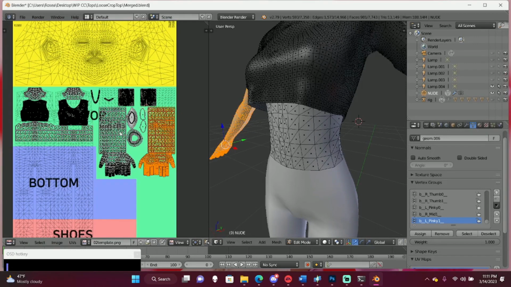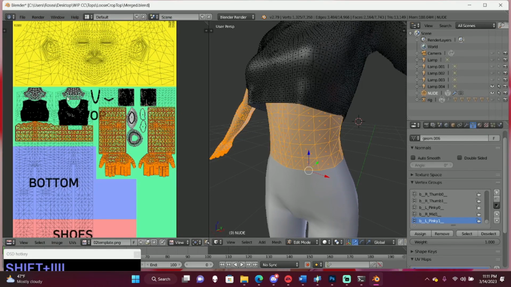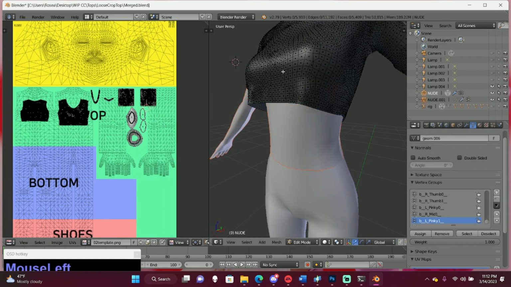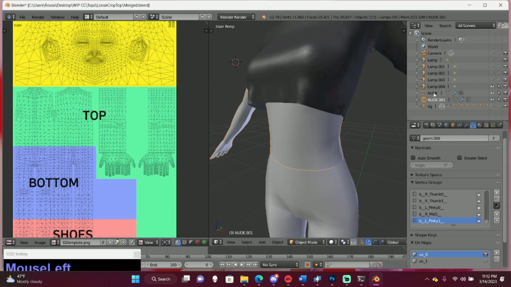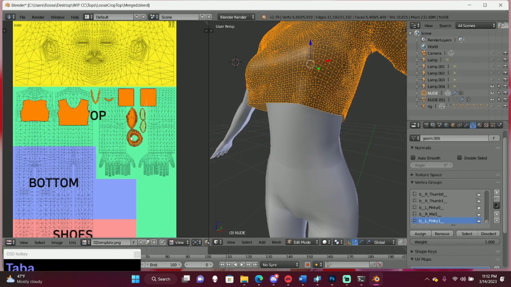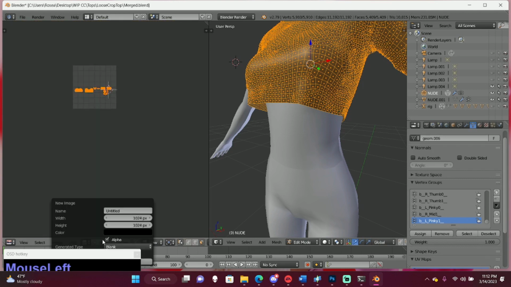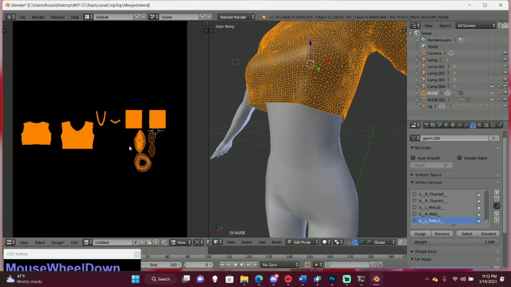So now we need a tester texture, so I'm just going to go back over here, press L on all the body pieces, then click here, press P, selection, and it should separate the two. And we're going to highlight the shirt, tab, A, X, new, 2048 by 4096. We're going to press OK.